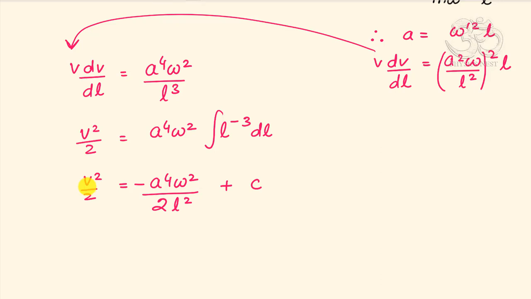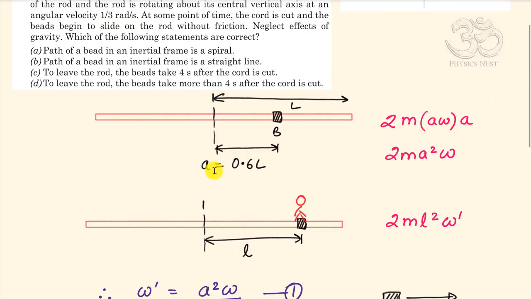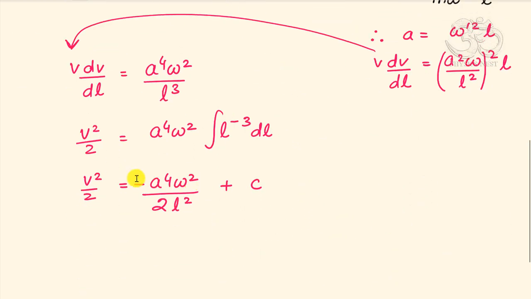Now how do we find out this constant of integration? Initial conditions: when the value of small l was equal to a, that was how the bead B was initially. At that moment, the velocity of B along the rod was 0. It was spinning along with the rod, but along the length of the rod, it wasn't moving in any manner. So when small l is equal to A,